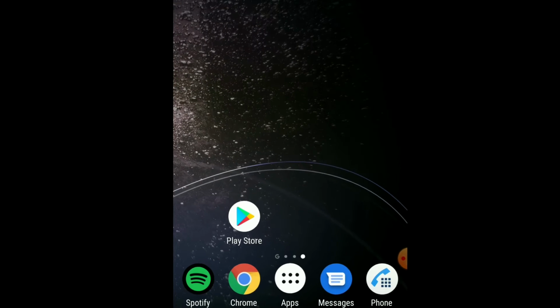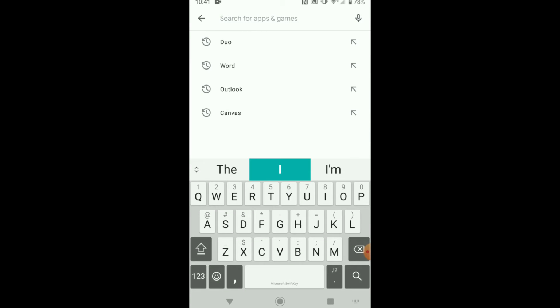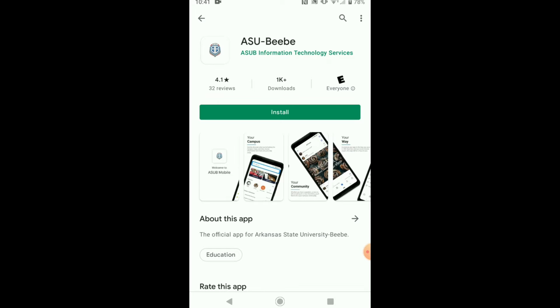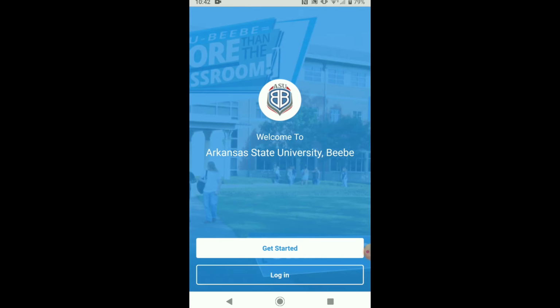For Android users, tap the Google Play icon and press the search bar. Type ASU-Beebe mobile app, select the ASU-Beebe app, and then press Install. Once installed, press Open. Alright, now with the app downloaded, we are going to sign in using the ASU-Beebe student